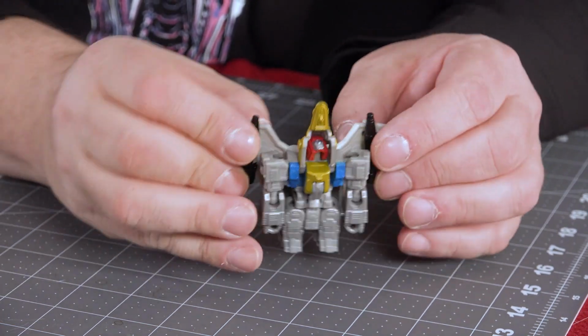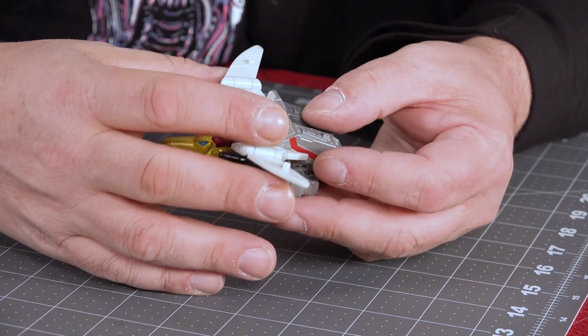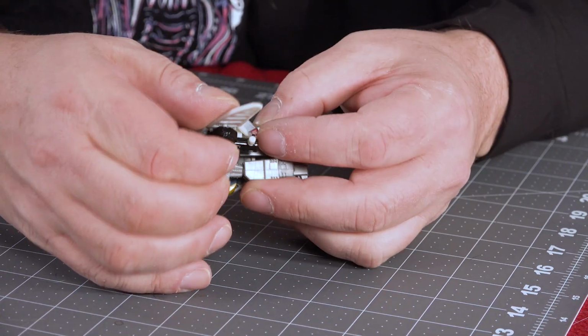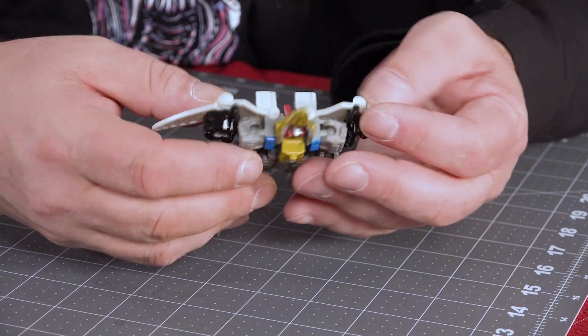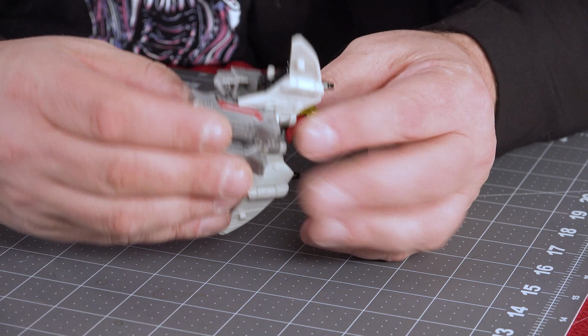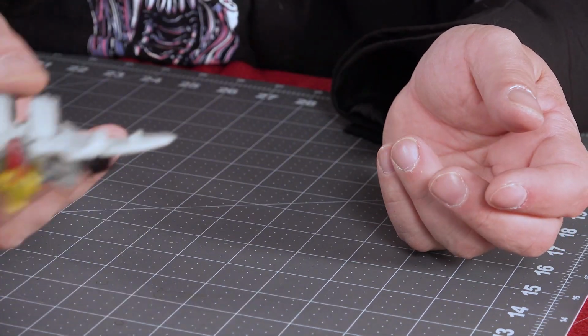He can fly around. Now the wings are a bit articulated. Because of the transformation, you can't move them a lot up, but you can move them somewhat up. So he can flap a little bit. The wingtips can bend, so that's nice. Other than that, not a heck of a lot of articulation in his dino mode, but he's flying around and